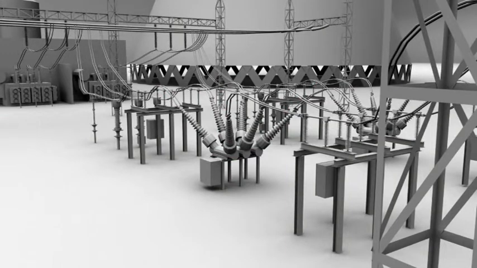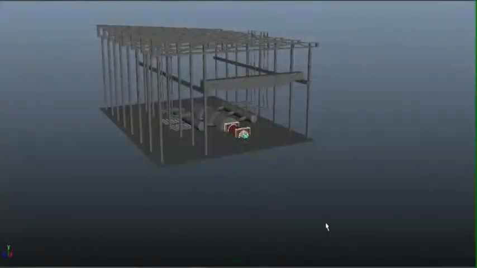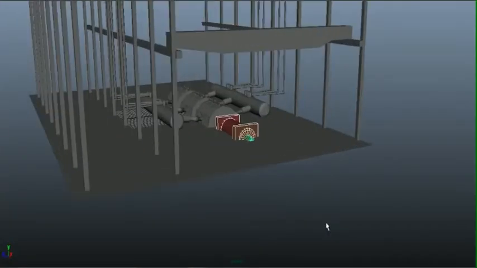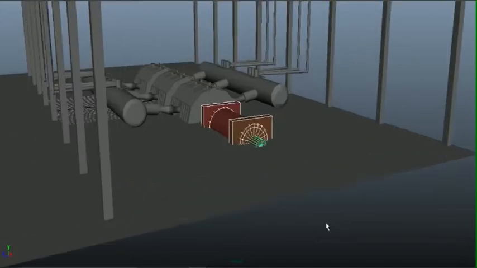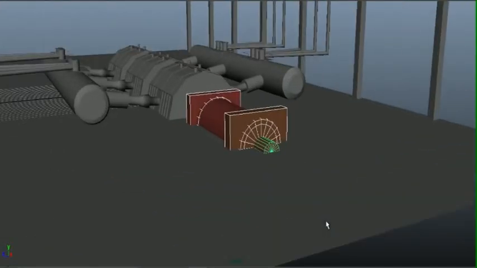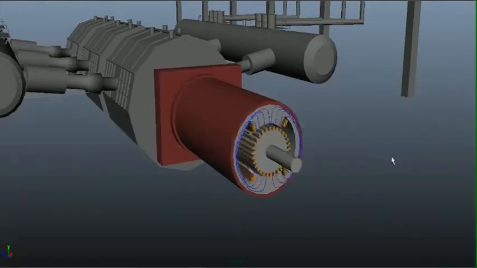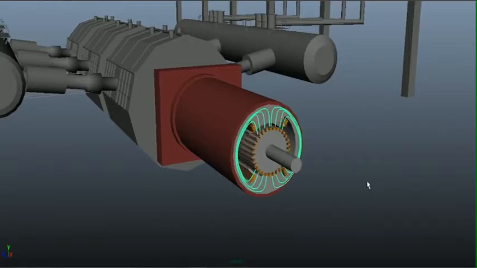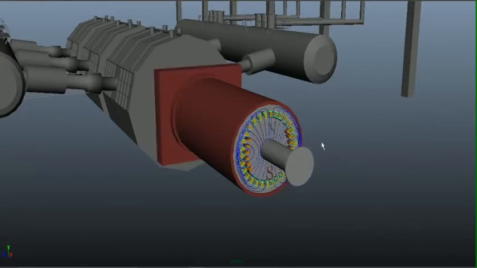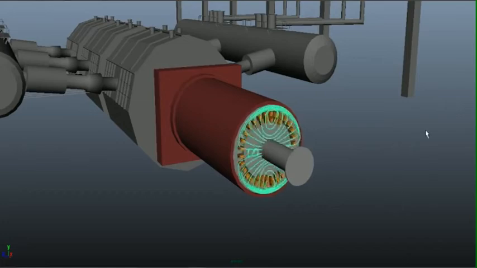As this is the first video, we will discuss electrical power generation, that is, how electricity is generated in power plants. Though there are many methods to produce electricity, the most commonly and commercially used method is creating a relative motion between an electrical conductor and a magnetic field. That is by keeping the field stationary and rotating the conductors, or by keeping the conductors stationary and rotating the magnetic field.